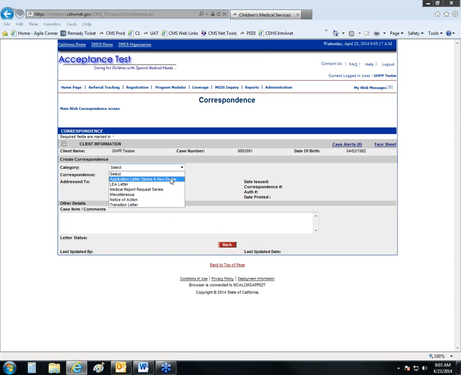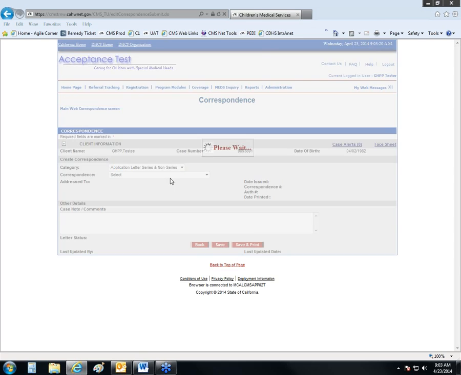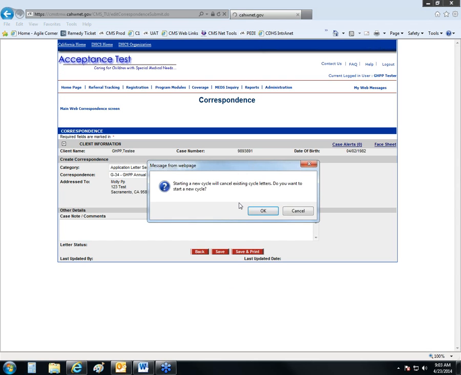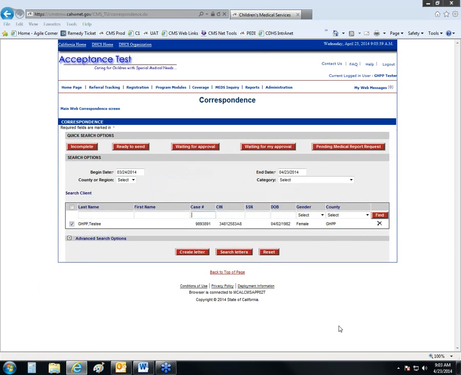For the category, I'm going to do Application Letter Series and Non-Series. I'm going to go ahead and select my letter type. Now, because I already have a series existing, the system is going to pop up with a message. Starting a new cycle will cancel existing letter cycles. Do you want to start a new cycle? If I say cancel, the system is going to take me back out. If I do Create Letter,